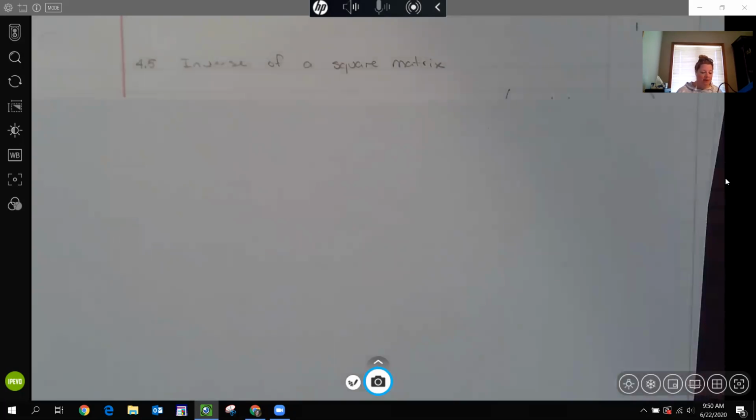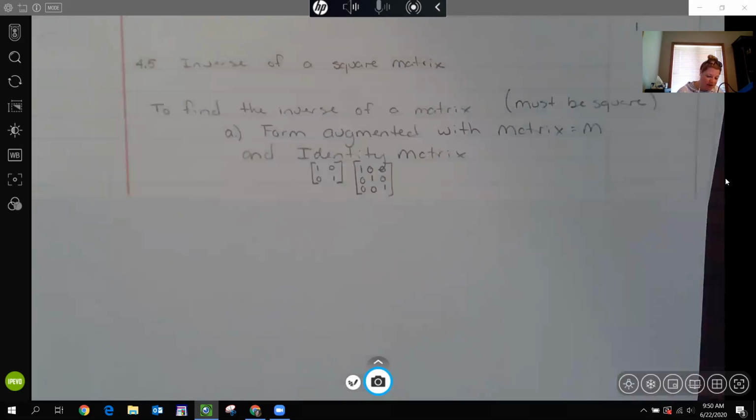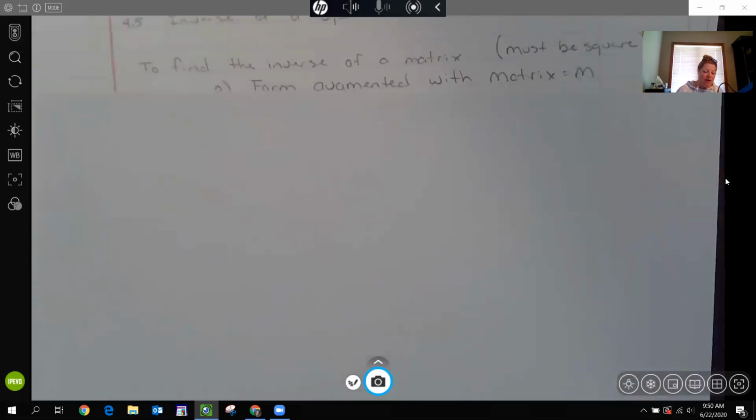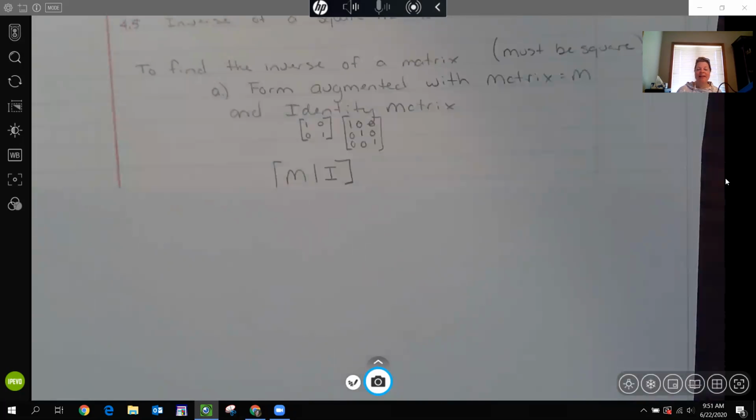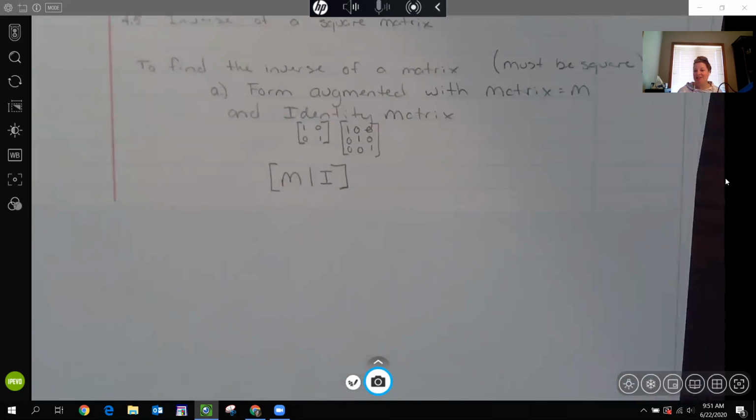All right, so the first thing, what is an inverse? You cannot find the inverse of a matrix that's not square. So some of your homework will just say, can you find the inverse of this? It has to be a square matrix, okay? So the other thing is,